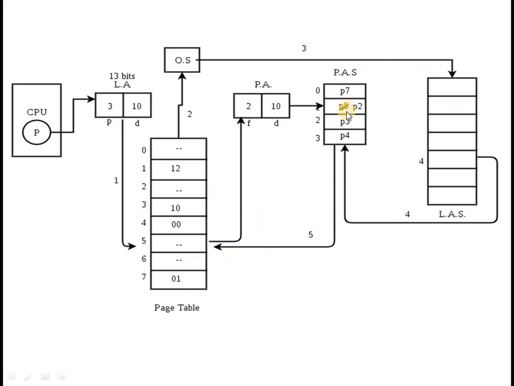Here, the page will be found, then the page table will be updated. Now the page is free. And last, the signal will be sent to the CPU to continue the program execution, and it will place the process back into the ready state. Now in the page table, the page is free. That free page is allocated to that process, and now that process has entered the ready state, ready for the execution. This is the entire process of demand paging.